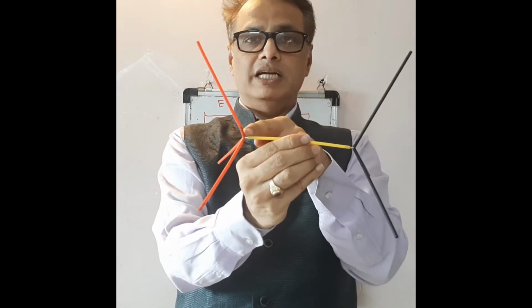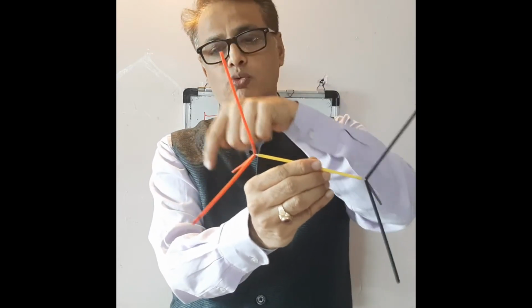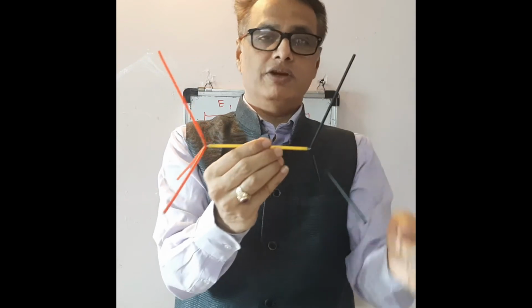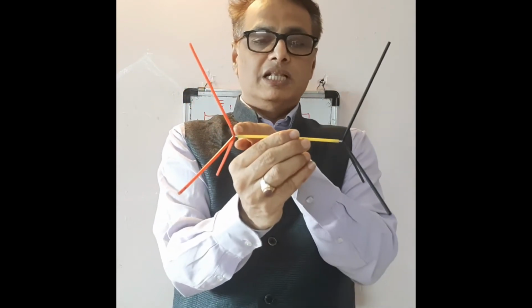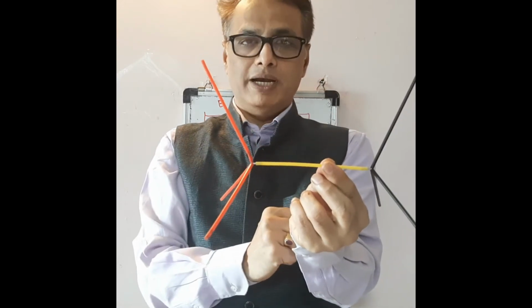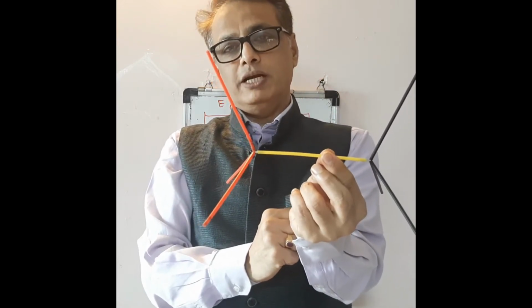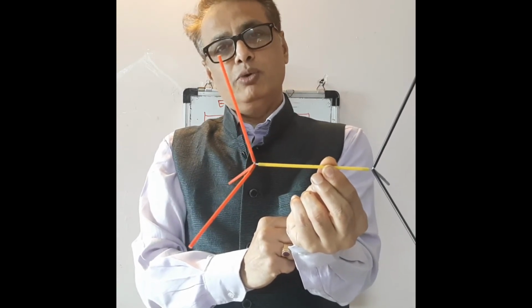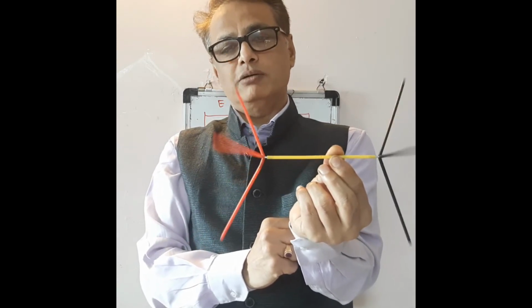This carbon atom is attached with 3 fluorine atoms: 1, 2 and 3. This carbon is also attached with 3 hydrogen atoms: 1, 2 and 3. This yellow ribbon is a line which passes through the 2 carbon atoms. Now if it is rotated by 120 degrees, which brings the molecule into an equivalent configuration, another 2 rotations by 120